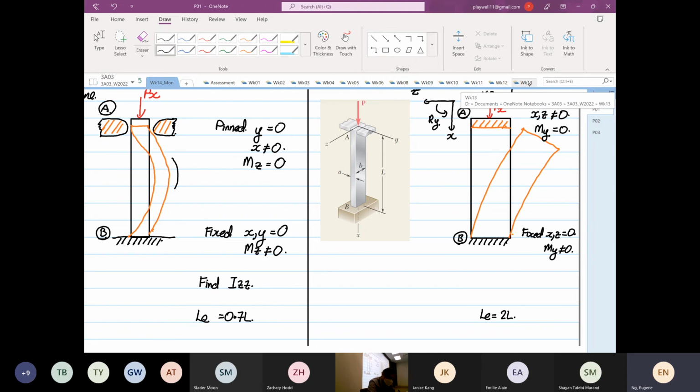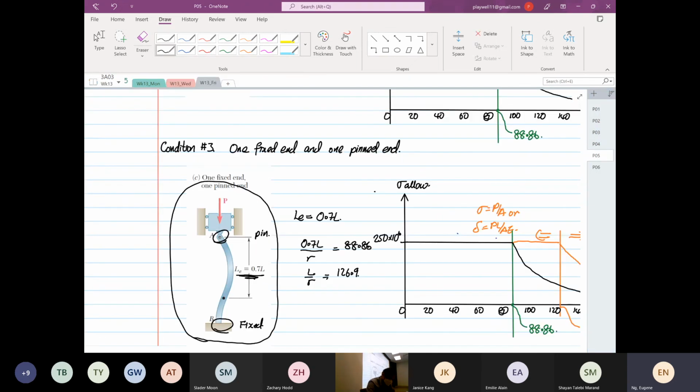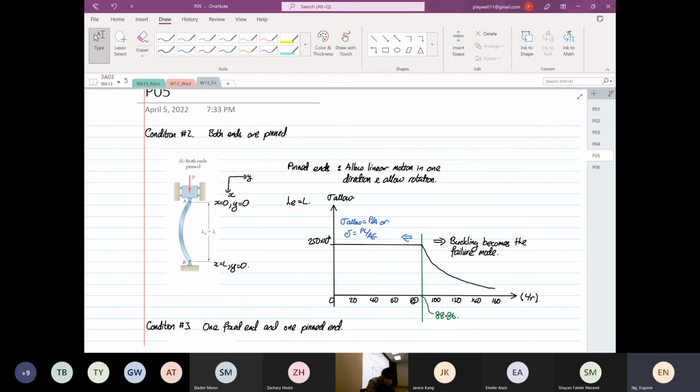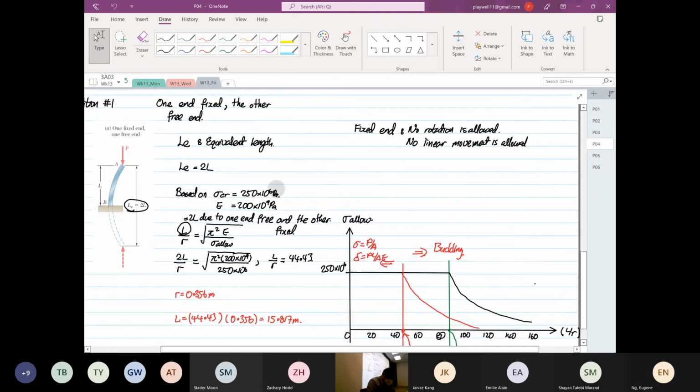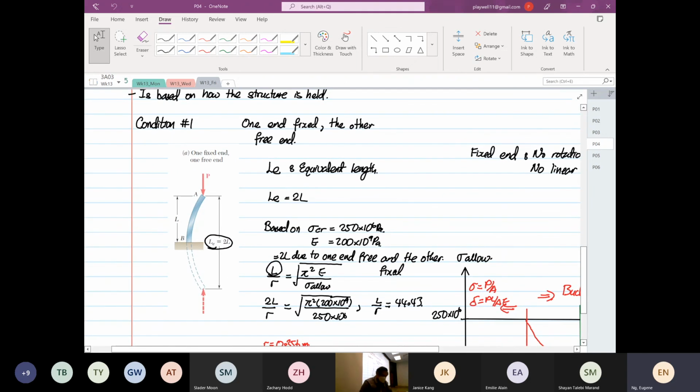If we look at last week's lecture, where one end is fixed and one end is free, it is equal to 2L. So we go back